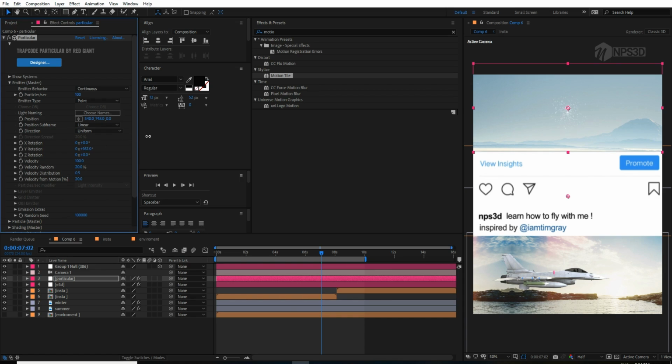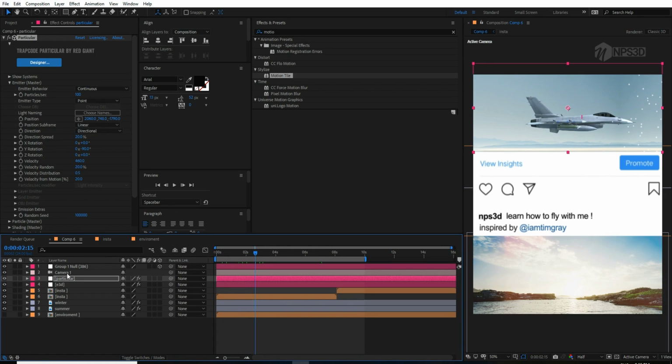Let me switch the direction to directional or bidirectional and increase the velocity, and then we'll rotate it to -90, and then we will put this here, and then we will come like this. Go to the particular and drag this something around here and increase the velocity,